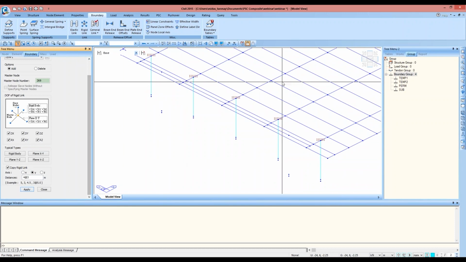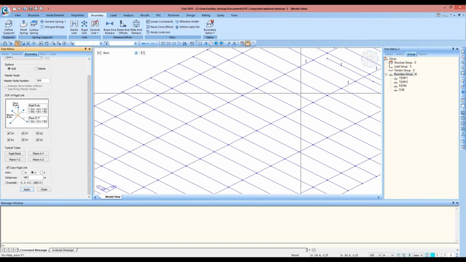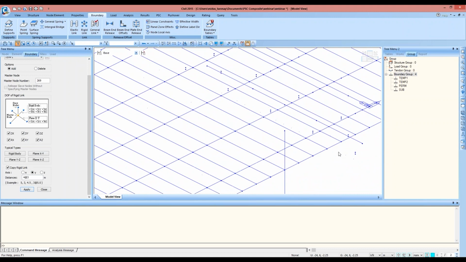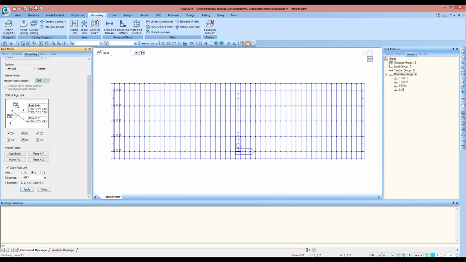And now for the midsection, so I'll again be selecting the master node as going to the top view.